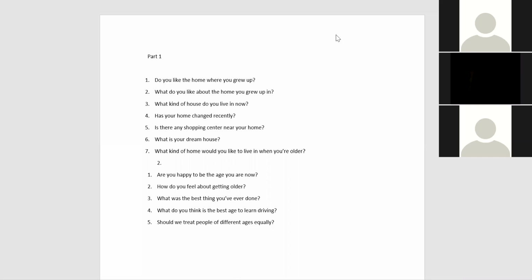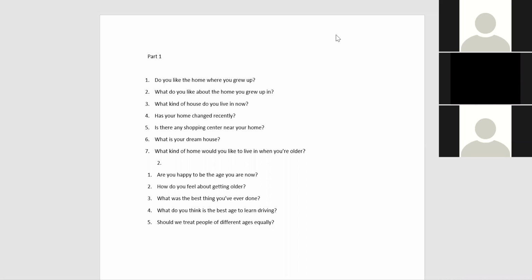Nice, nice. Is it too short? Anybody else? Do you like the home where you grew up? Is that too short or does it need to be longer? No, it is actually sufficient, not long, not short. Because you're framing a complex sentence, the answer remains two sentences here only. Being complex, it's a bit lengthy, but that doesn't matter. You are explaining the thing in two sentences only. Thank you. Yeah, and next, please.